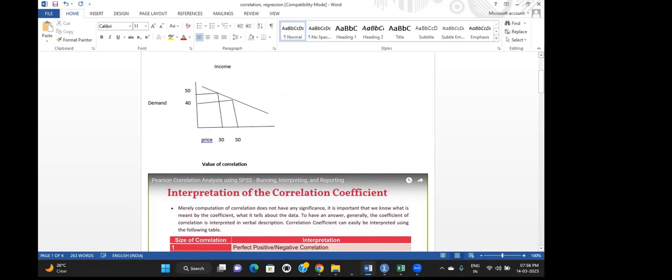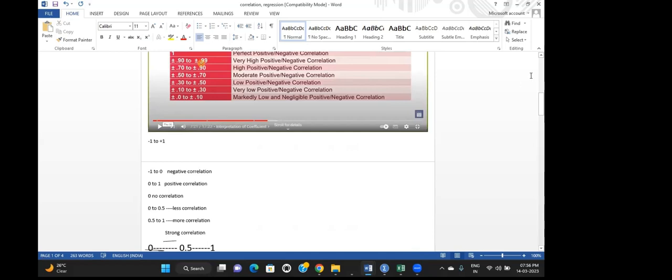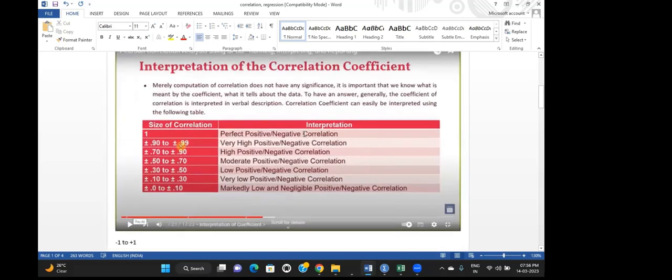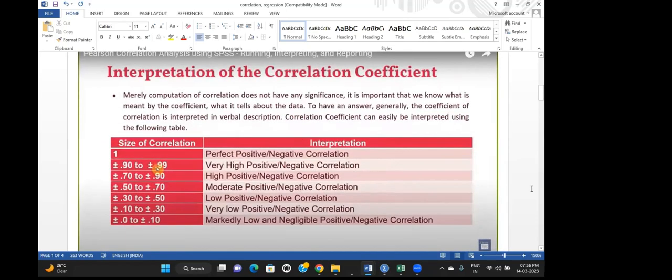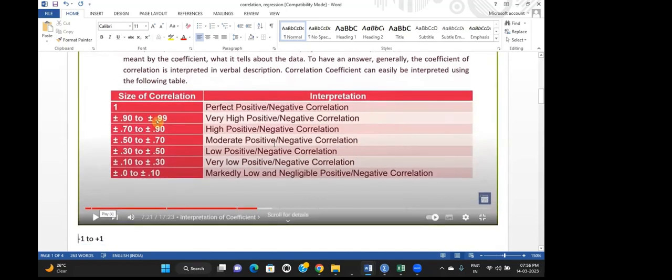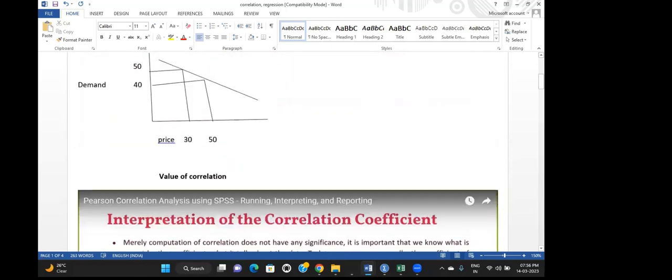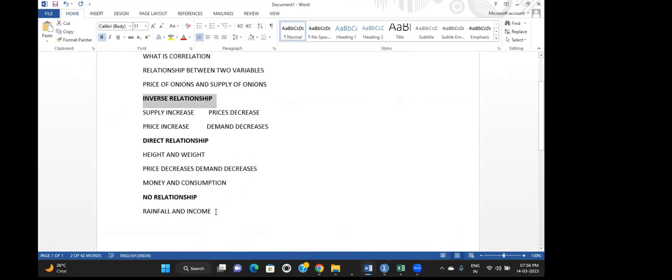So, right. Let me take you to this. Here, there is this table that I have made. What does it show? Okay, one more important thing I would like to say. What did we just talk about? We are talking about the type of relationship, right? But when we try to calculate the correlation, the value lies between